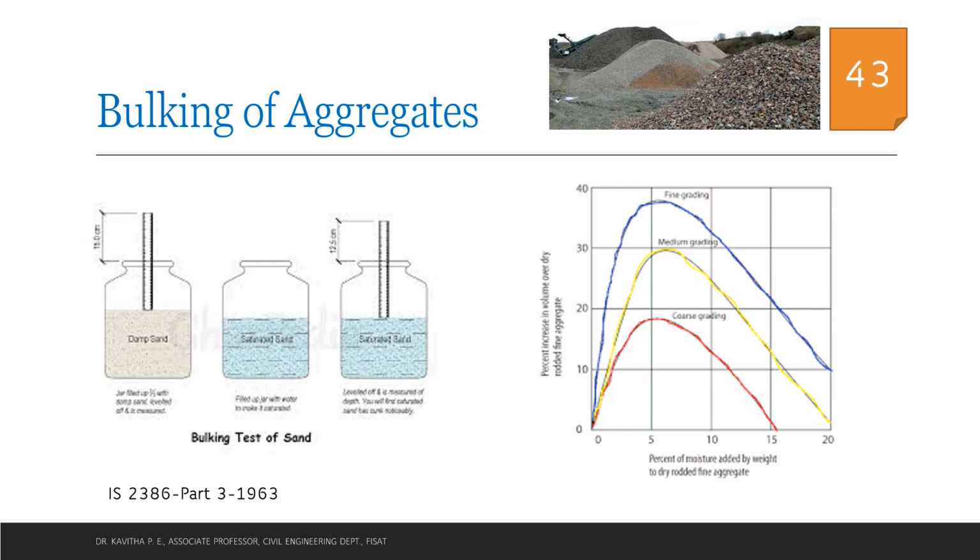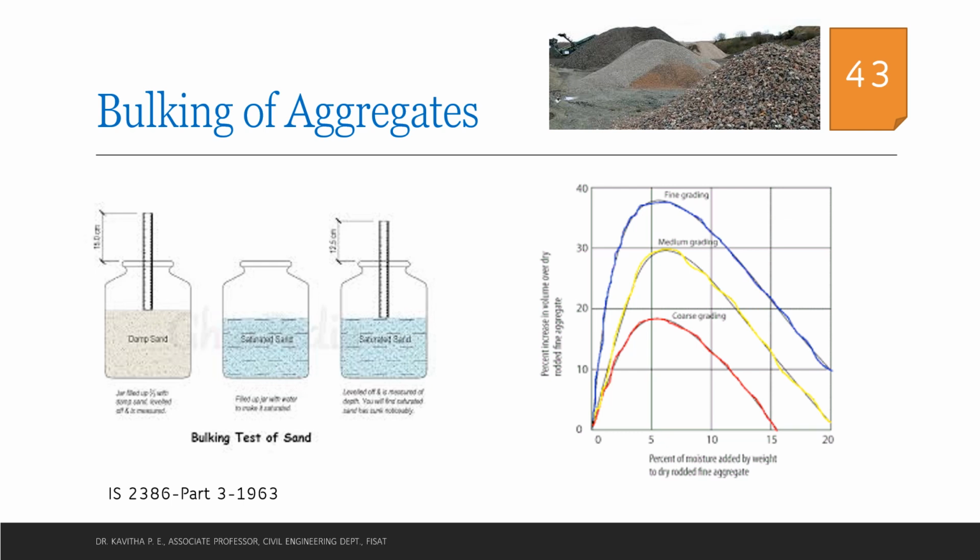Here we have a container in which we take a sample of aggregate and note the volume. Then we add small percentages of water and note the increase in volume of the aggregate. We keep adding moisture until there is an increase in volume, and then the volume reduces and comes to a constant value. You can see in the graph that in coarse graded and fine graded aggregate there is considerable